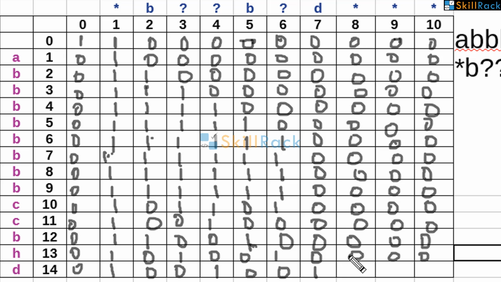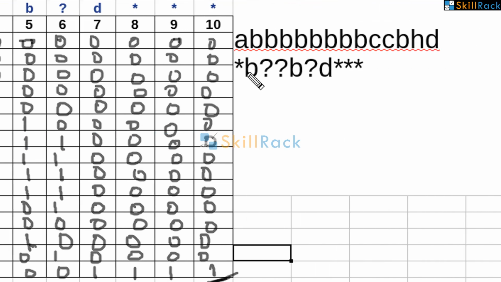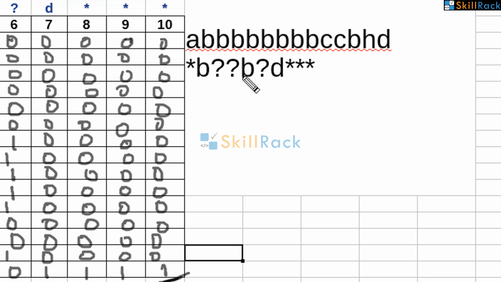Asterisk, can it match? Yes, and the top left, anyone is 1. Yes, left is 1. So it can match. Now asterisk, can it match? Yes, left is 1. Can it match? Yes, left is 1. Yeah, so we get a 1 here. So our aim is, if we get a 1 here in the bottom right, this match is perfectly valid. So now let us verify that. So let us verify this manually.